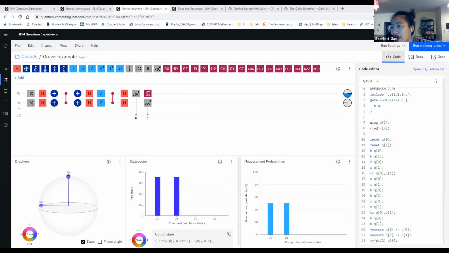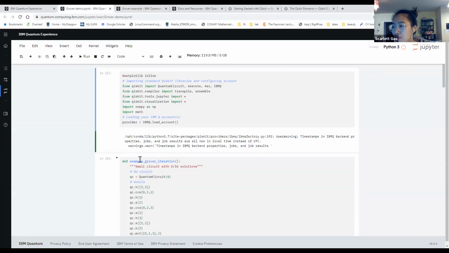Okay, if not, I'll go on to do more demonstration on the quantum lab part. So for this part,